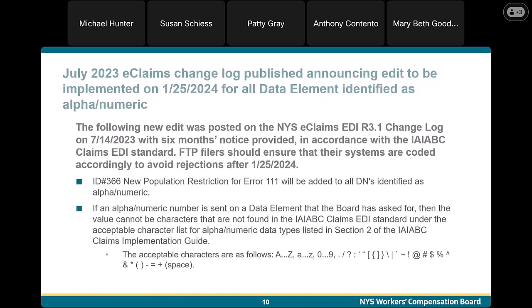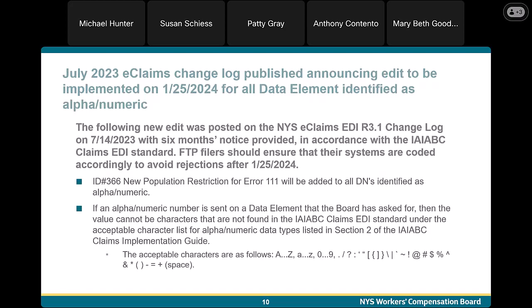And to further that, again, eClaims changelog items. The following new edit was posted back on July 14th, 2023. On line item 366, new population restriction for error 111 will be added to all DNs identified as alphanumeric.